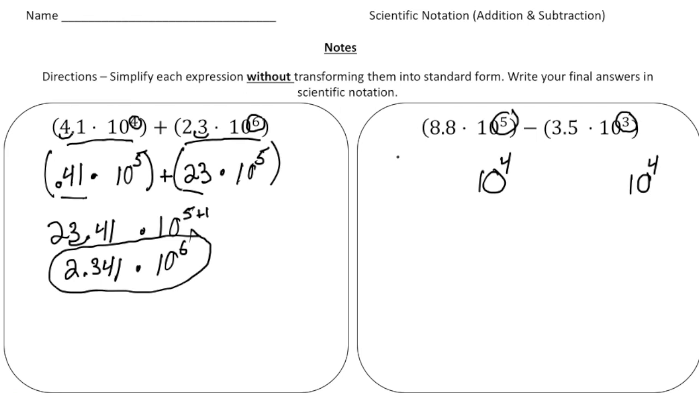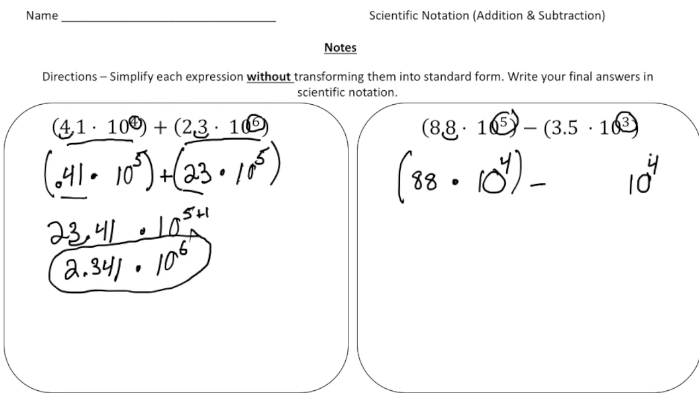All right, now when we go from 10 to the power of 5 to 10 to the power of 4, we're dividing by 10, right? So if I divide this by 10, I need to multiply this by 10. So this is now going to be 88 times 10 to the 4th power. Put that in parentheses,